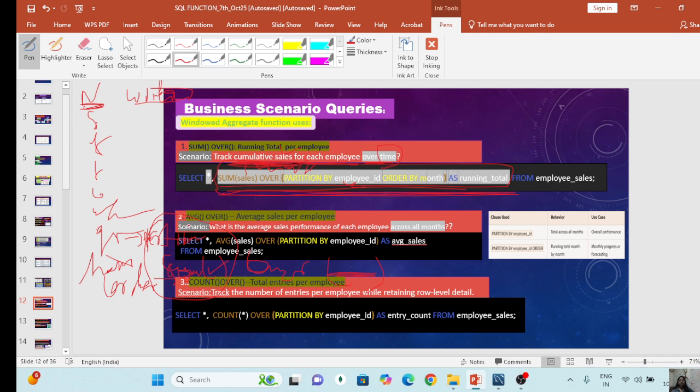Then next question, average over. What is the average sales performance of each employee across all months? That means average sales per employee. Here is how the query will be executed: select all, comma, average of sales, over. Inside over there can be group by and order by. So inside over, partition by